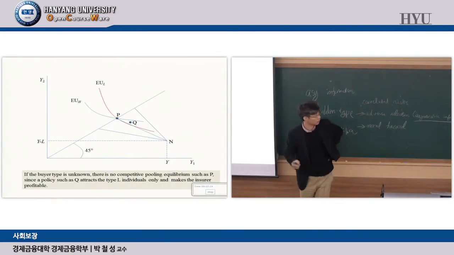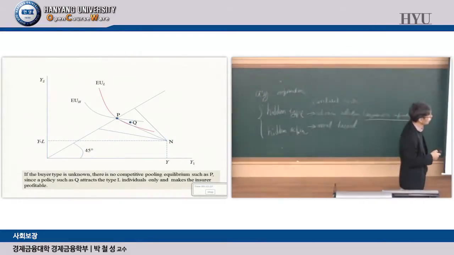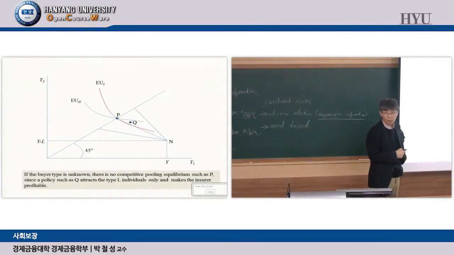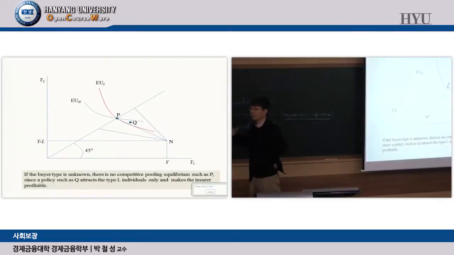However, there is a problem with this diagram. What is the problem? Let's say one company is offering insurance policy P, hoping that they can sell the insurance to everyone, including high risk type and low risk type. And if you sell the insurance to the high risk type and low risk type together, and the proportion of high risk type and low risk type who buy your insurance